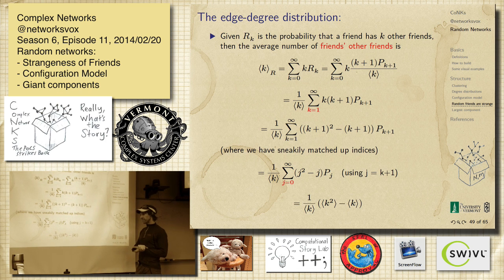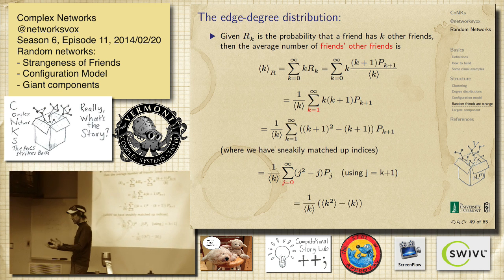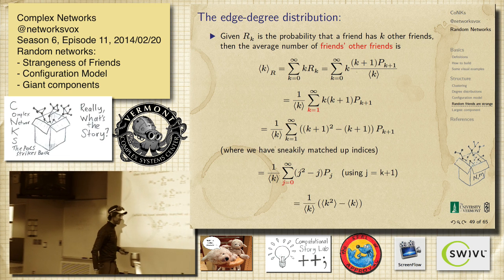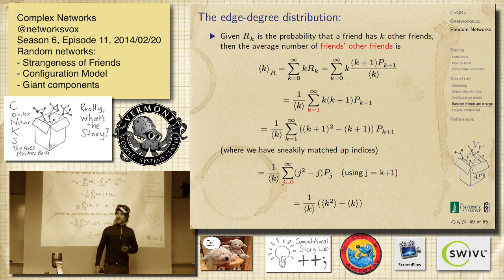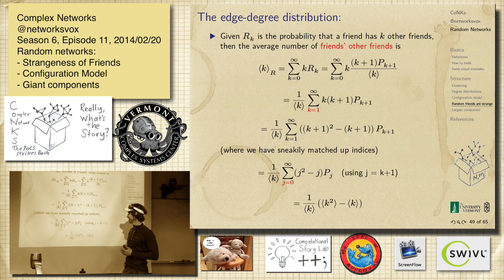So we can look at that for a little bit and think about it. Seems legit. So this is going to be the number of other friends on average, right? So you go to your friend and you say, how many other friends do you have? This will explain, not really, but a little bit, why on Facebook everyone seems to have more friends. Because on average it's true. Your friends have more friends than you, which is really disappointing.